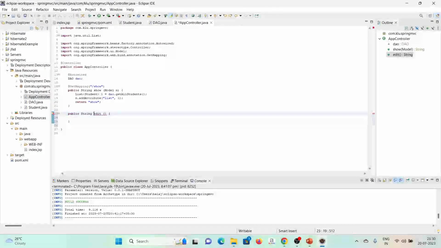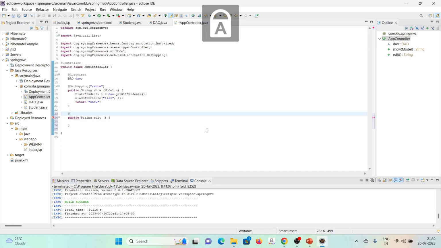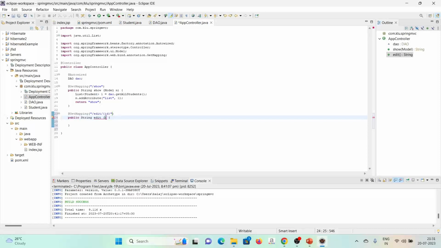And for this function there should be one URL mapping, and that mapping is also going to be a GetMapping. Within this GetMapping, if I say something like /edit, definitely I should get the ID of what I need to edit. That can be set as curly brackets and then the ID value, and that can be received inside this parameter as well with the help of